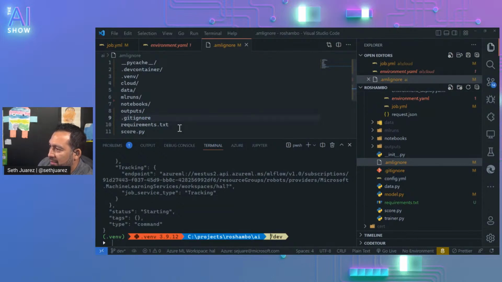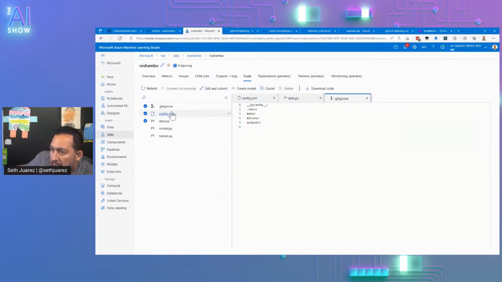I wish there was like an AML include, which was like, I only need these 4 files. Trainer.py, model.py, data.py, and config.yaml. Those are the only 4 we need. So we don't even need any of those other things. So that's cool though that we can do this and clean it up. So we could literally get rid of this file.